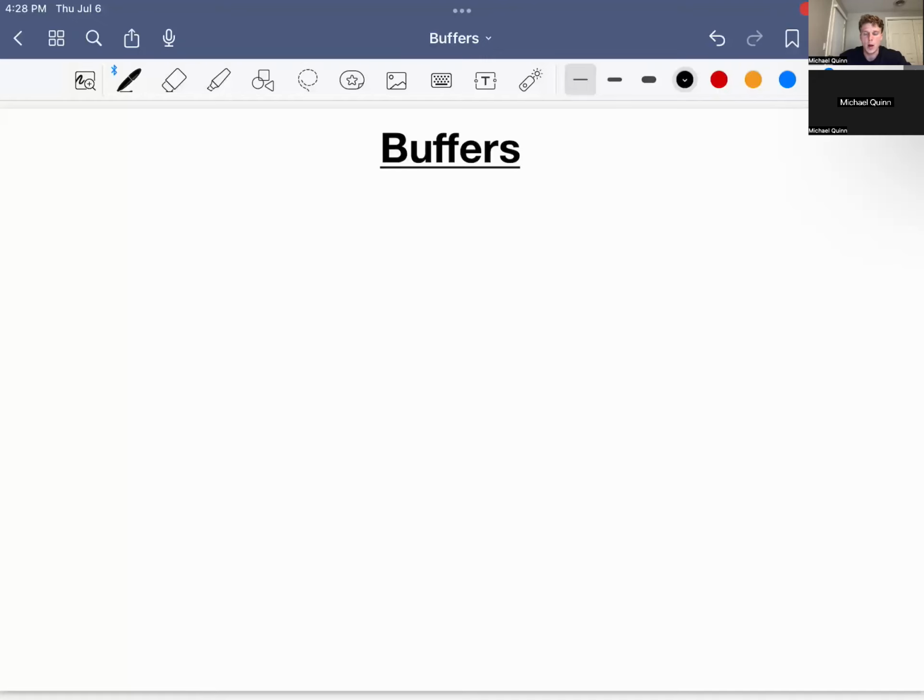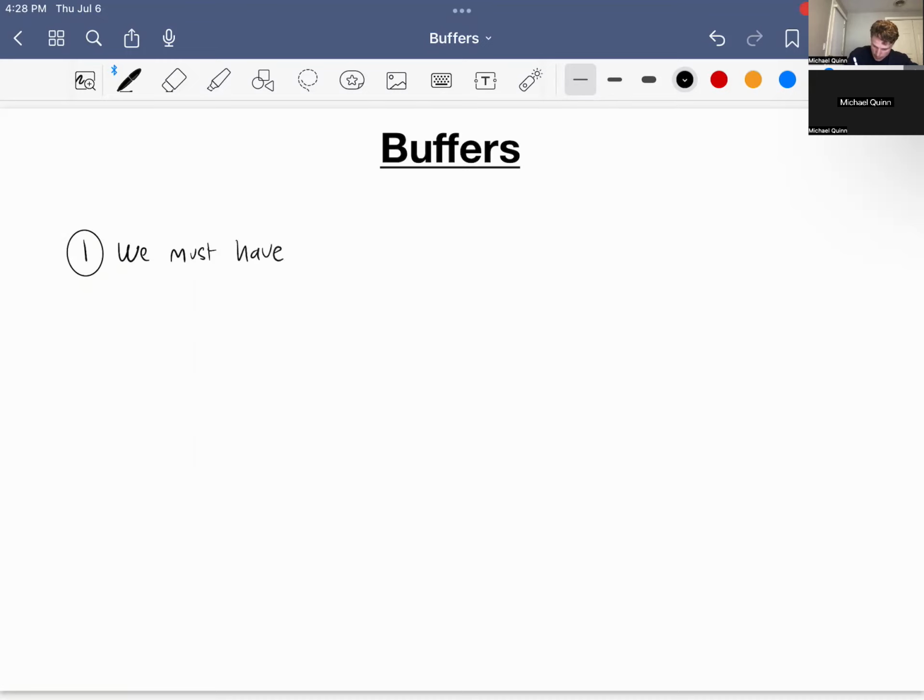We saw in the last video how buffers are resistant to a change in pH. So whether we're talking about a reaction that's running in our body or a solution that we're preparing ourselves, if we want to establish a buffer, there are certain requirements that need to be met. So the first requirement in order to establish a buffer, we must